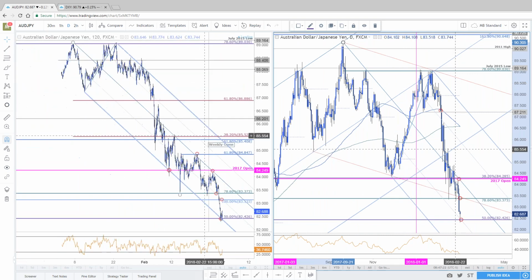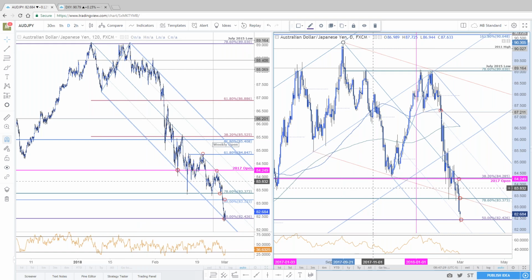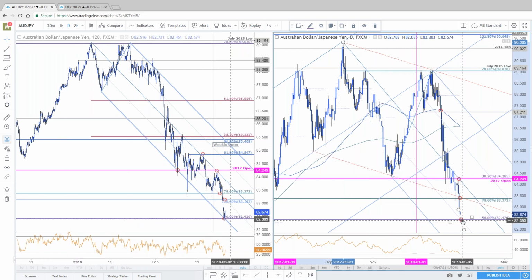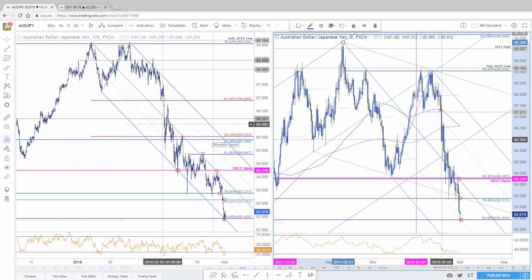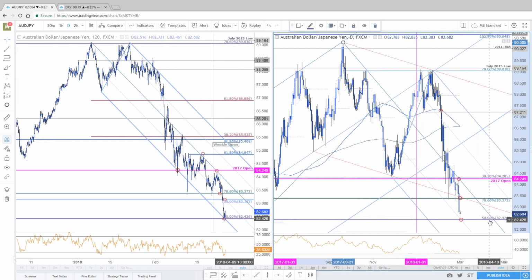These are two separate formations. This is just using this high right here. A broader formation off of last year's high also puts the 50 line at that same confluence region. So near-term structure, long-term structure, both highlighting that 82.43 zone.